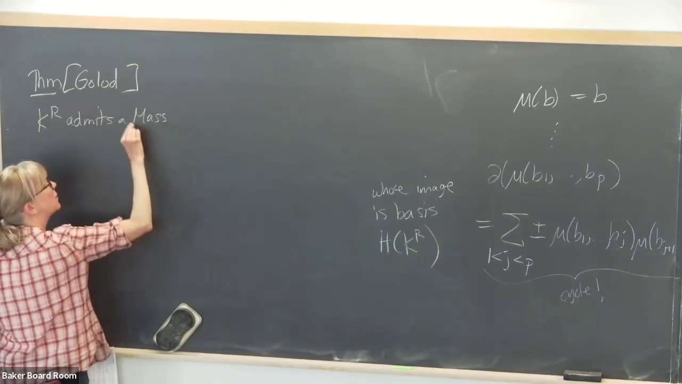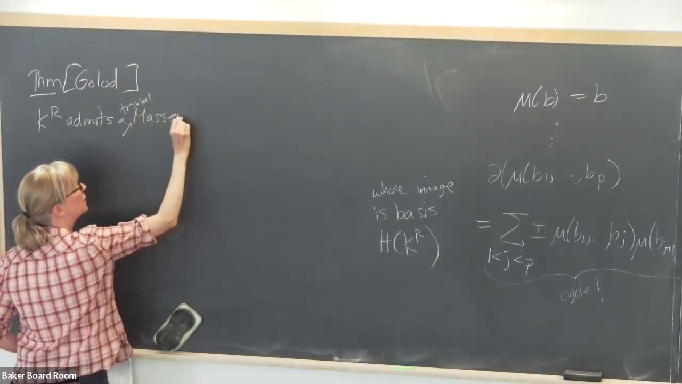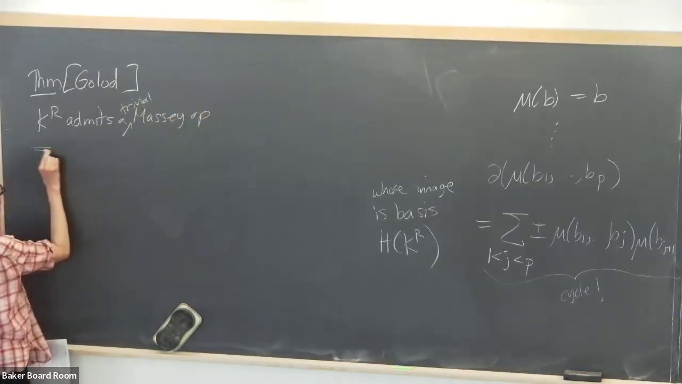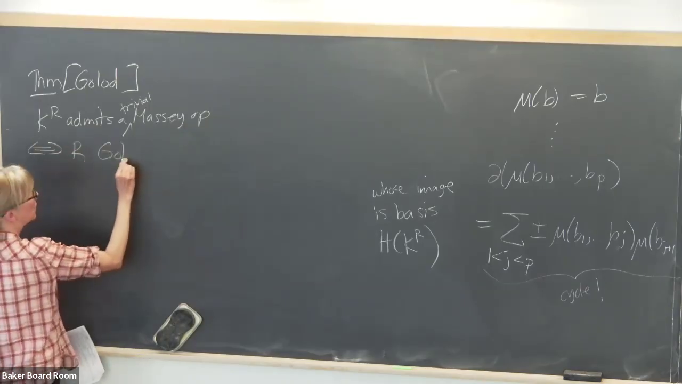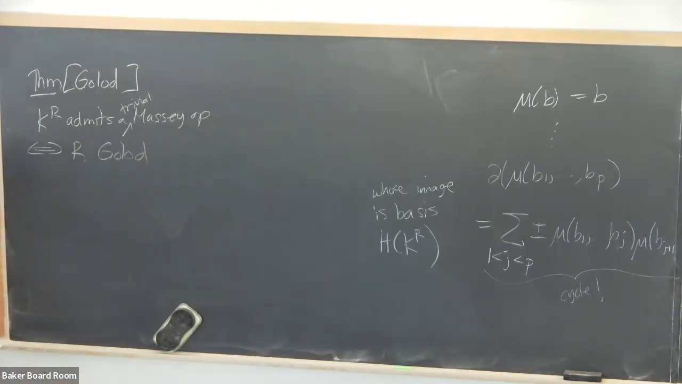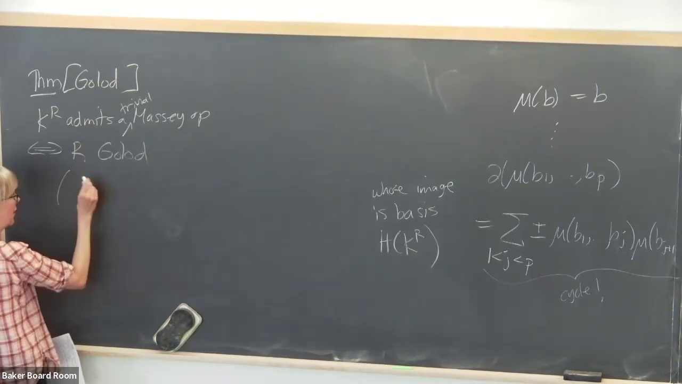Oh, I keep forgetting to say the word trivial. A trivial Massey operation, if and only if R is Golod. And now you might say, what is Golod? And I could define it. I'll say the following: a ring is Golod